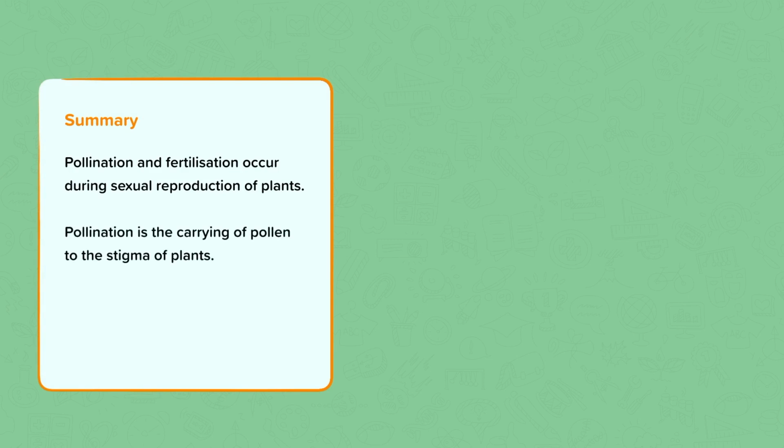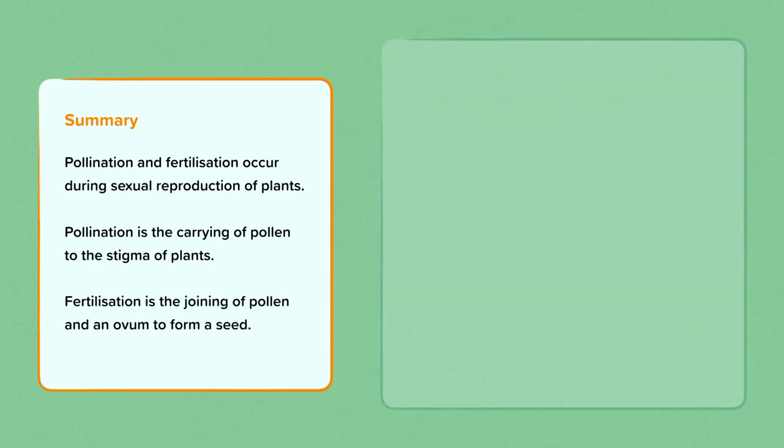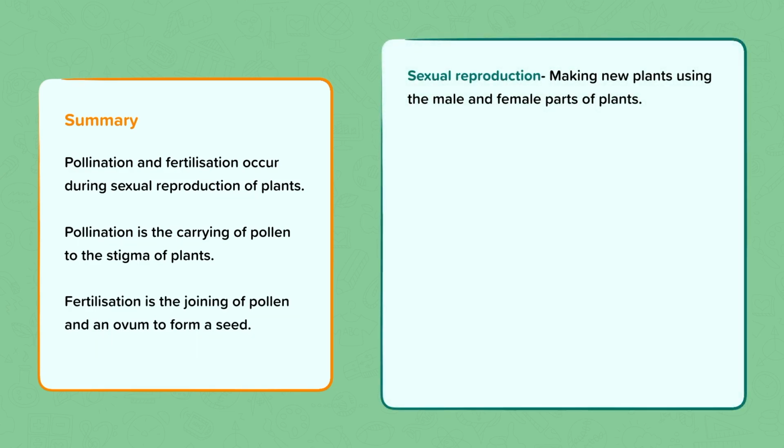Summary. In summary, we now know that pollination and fertilization occur during sexual reproduction for plants. Pollination is the carrying of pollen from the stigma of plants, and fertilization is the joining of the pollen and an ovum to form a seed. The key terms we used were sexual reproduction, so the making of plants using the male and female parts of the plant, pollen, which are tiny grains that are made by the male part of the plant,